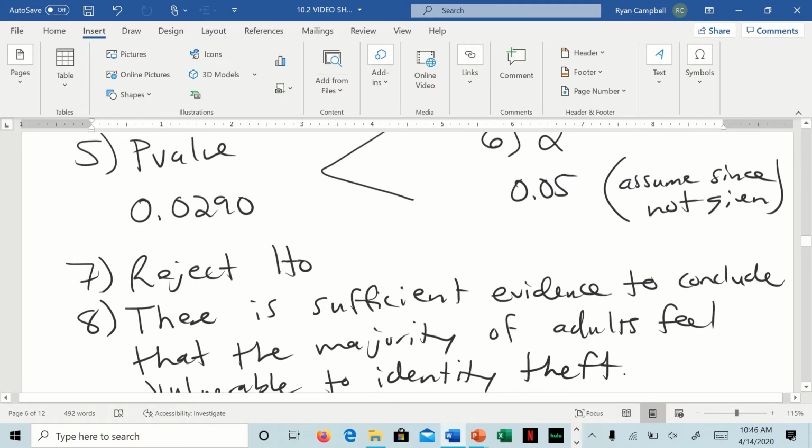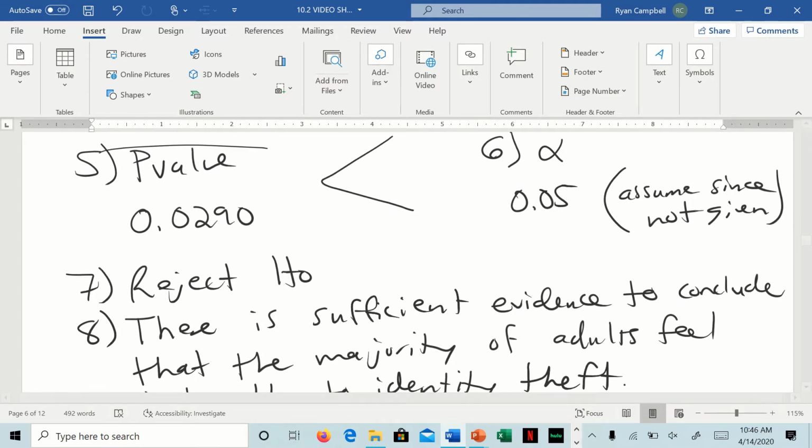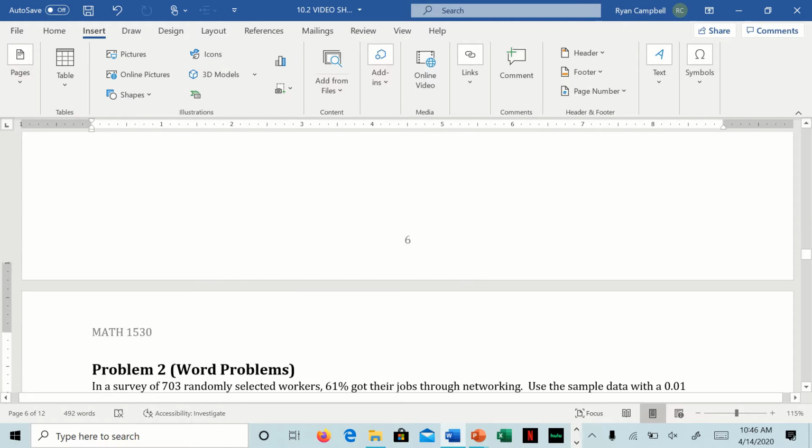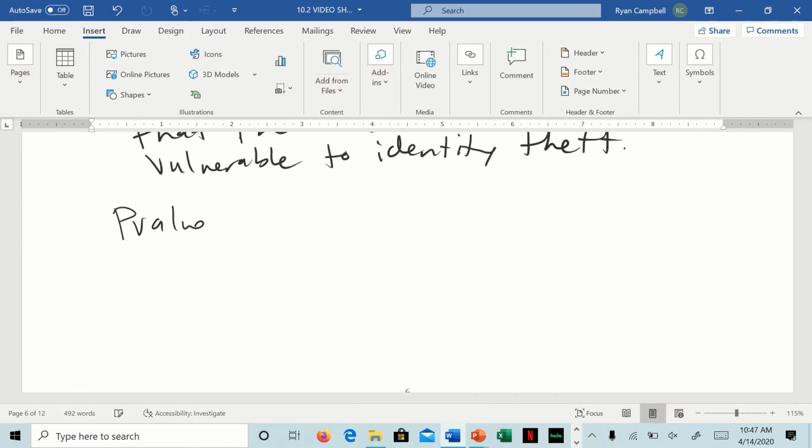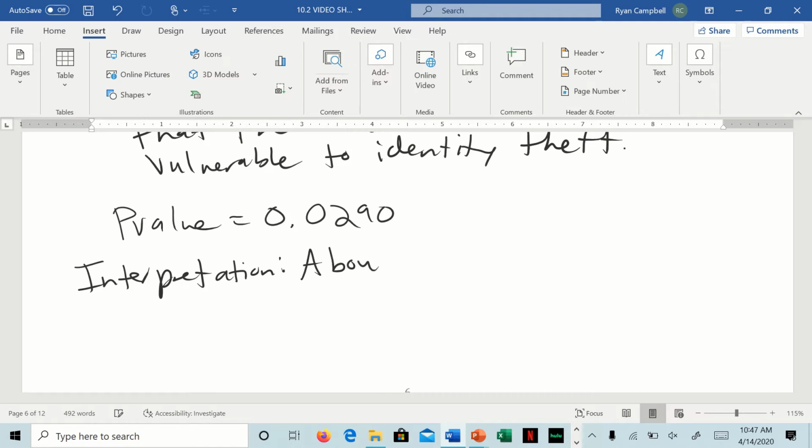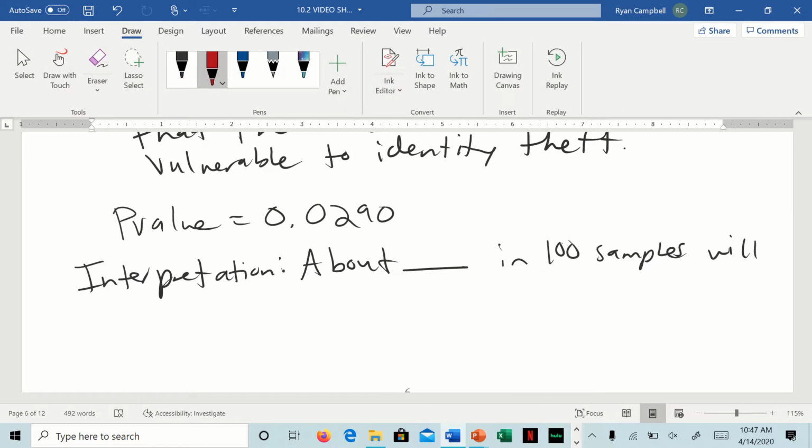All right, so let's go back to this p-value, right? So we got the p-value was 0.029. So p-value, we said was 0.0290. So a way that we could interpret this, we could say about how many in 100 samples. So if we look at this, right, out of 100, if we multiply that by 100, we would get 2.9. So about 3 in 100 samples will give